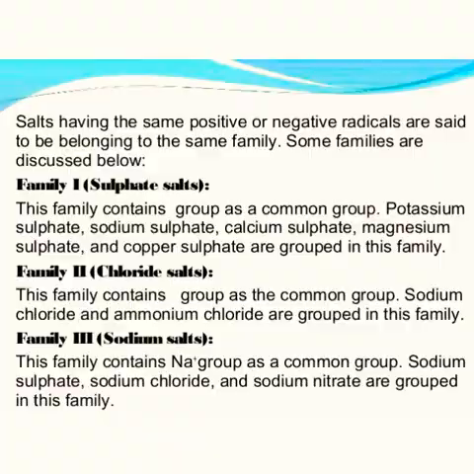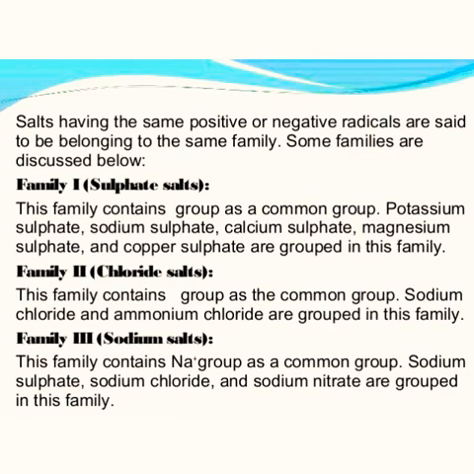From various examples you understood that a salt is formed between the reaction of an acid and base. Depending on the type of acid and base selected, a variety of salts are produced. So under this we can discuss the family of salt. When you hear a family, it means it includes various members in it. Like that, the salt family contains many types, like chloride family, carbonate family, nitrate family, sulfate family, etc. So we can discuss each with different types of examples. Salts having the same positive or negative ions are said to belong to the same family. Some examples are discussed below.